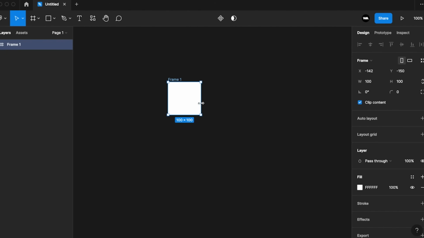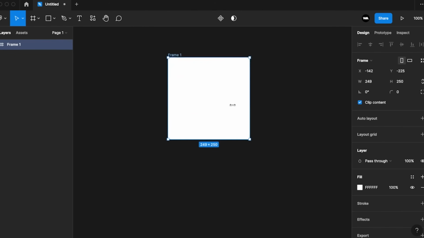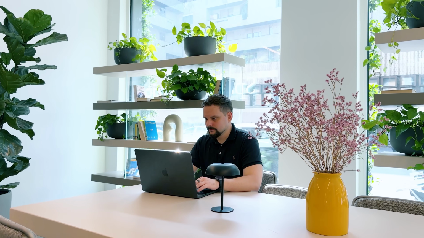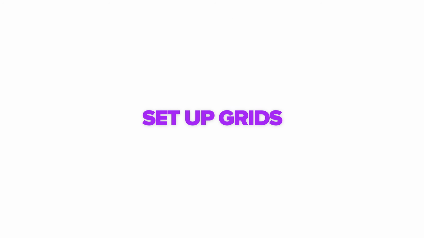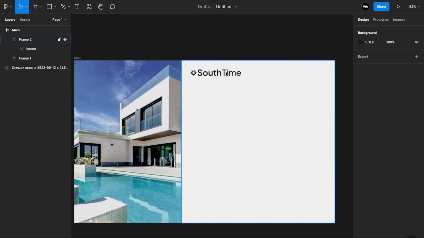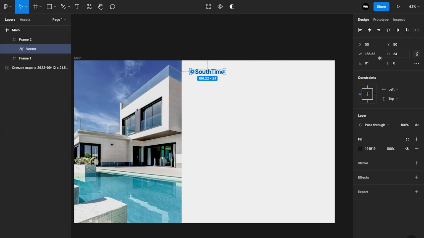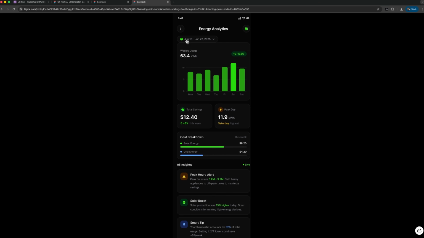Friends, have you ever noticed how much time you actually spend just drawing rectangles in Figma before you even get to a real idea? You open a new file, set up grids, place components, fix spacing, and by the time something meaningful appears, you have already burned through a good chunk of your energy. But what if you could skip that entire phase and go straight from idea to a structured interface in seconds,